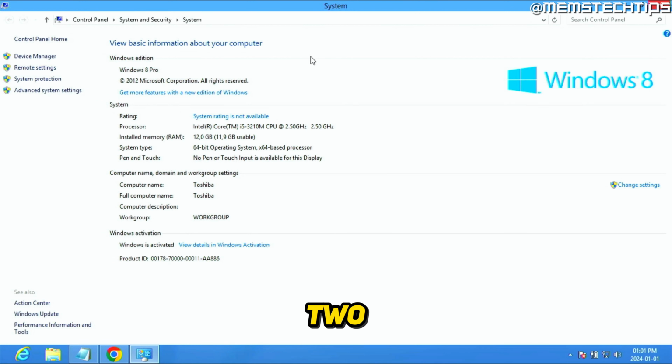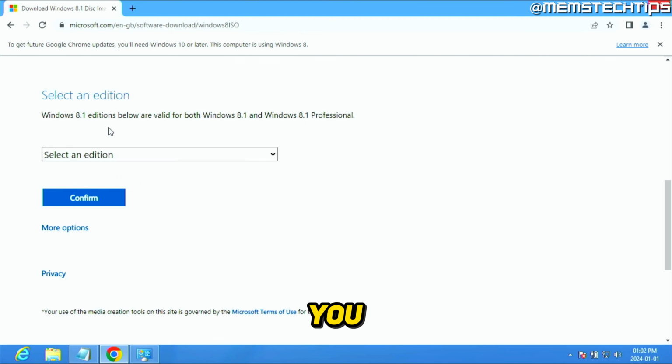Now here you need to check 2 things. First, you need to check what version of Windows 8 you have installed. I've got Windows 8 Pro installed, but you might have Windows 8 single language installed. So just have a look at your Windows edition. And then the next thing you need to check is your system type to see if you have a 64-bit operating system or a 32-bit operating system. Now, once you've checked those 2 things, you can just minimize this window and you can go back to where